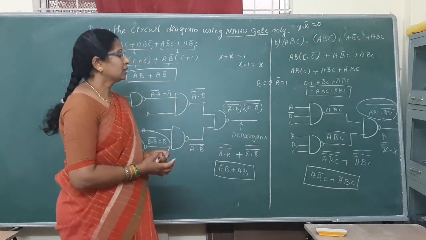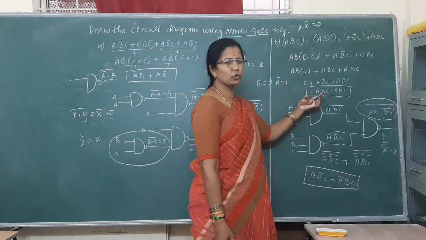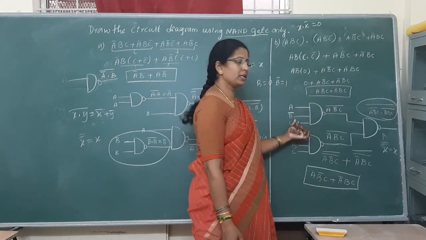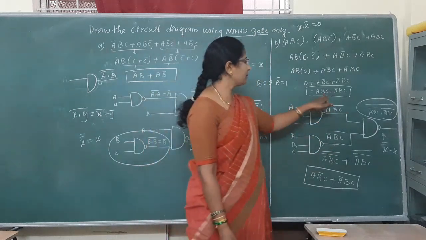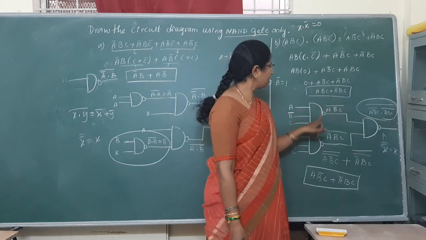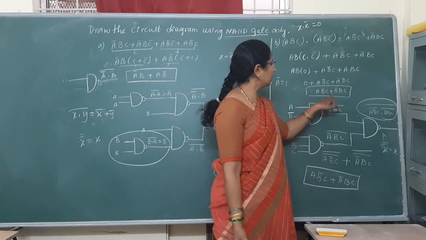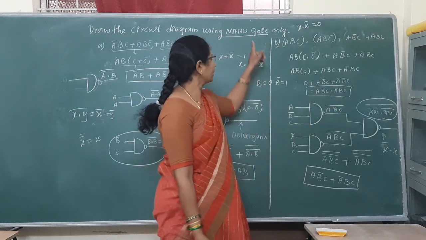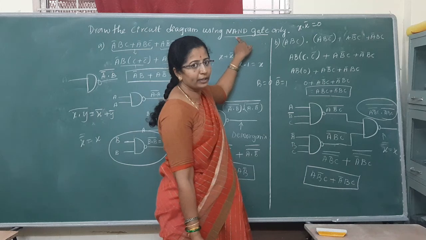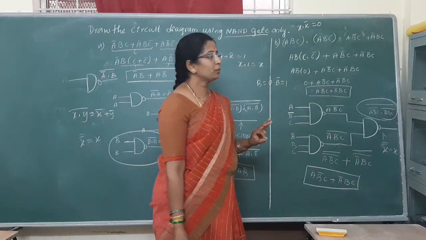One more is there and that also is in simplified form. Just two variables, ma'am. Take the two variables and simplify using your De Morgan's. Please remember plus. You need to take NAND gate only. If you want to get back with the dot, then you need to go for the OR gate, that is your NOR gate. So we are not going with a NOR gate circuit diagram. It was given only for your practice purpose.